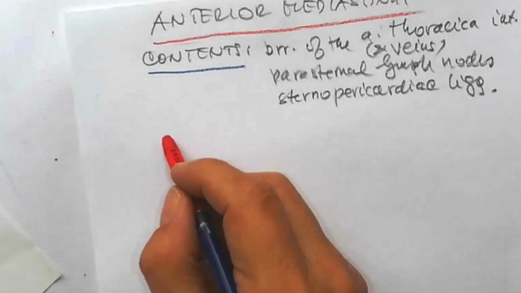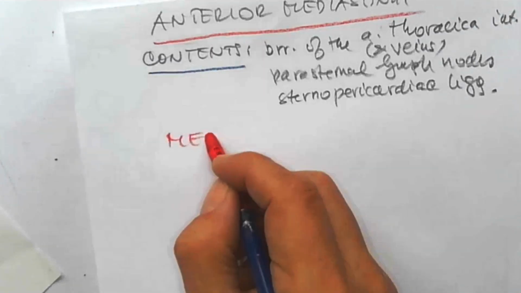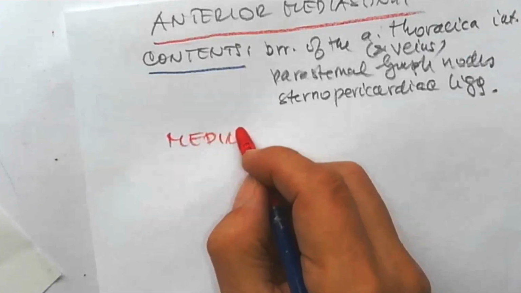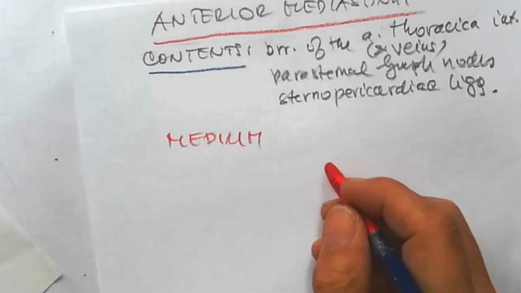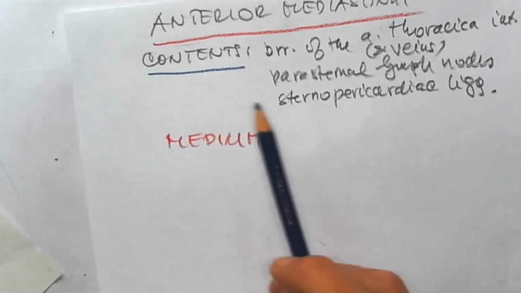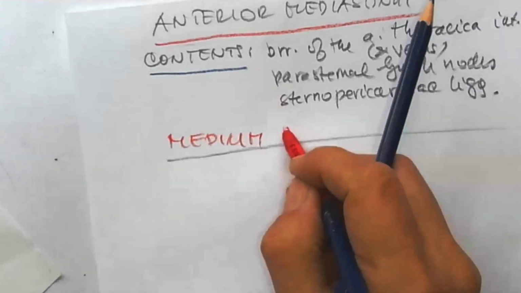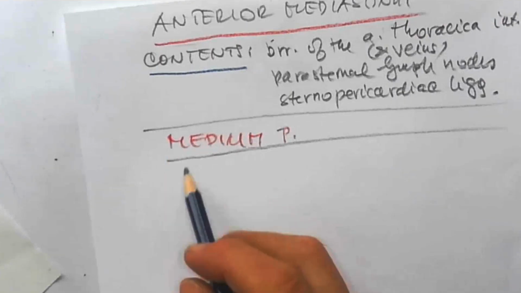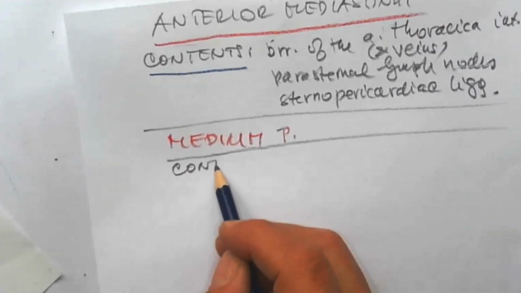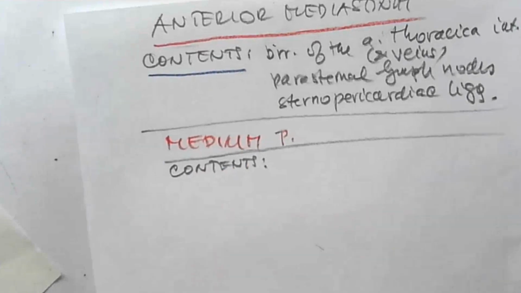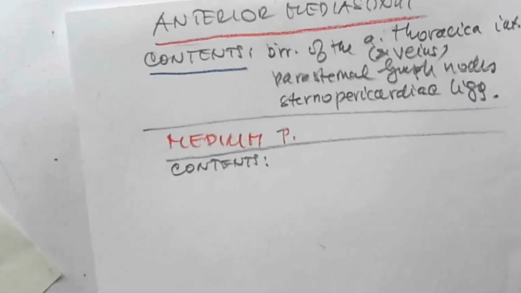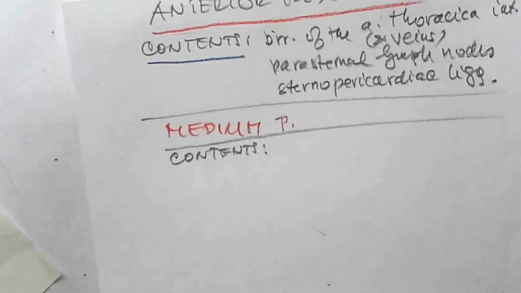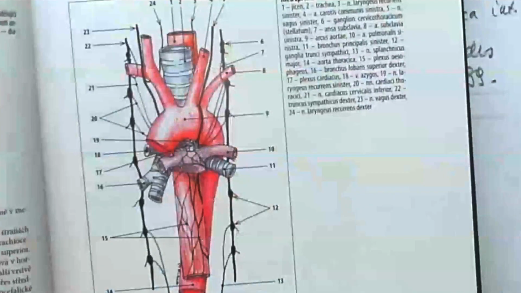Then the middle mediastinum. The medium is also easy because concerning the contents, we would say that the middle contains the heart, no? Plus, here we have the middle, and then moment. This is from our book